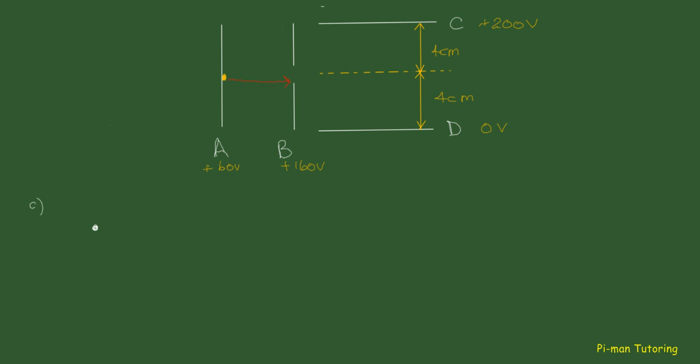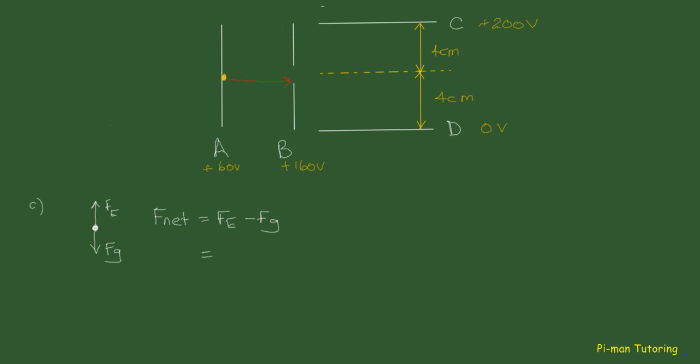But if we do the free body diagram, we've got electric force acting upwards, and we have the gravitational force acting downwards. And we can say that the net force